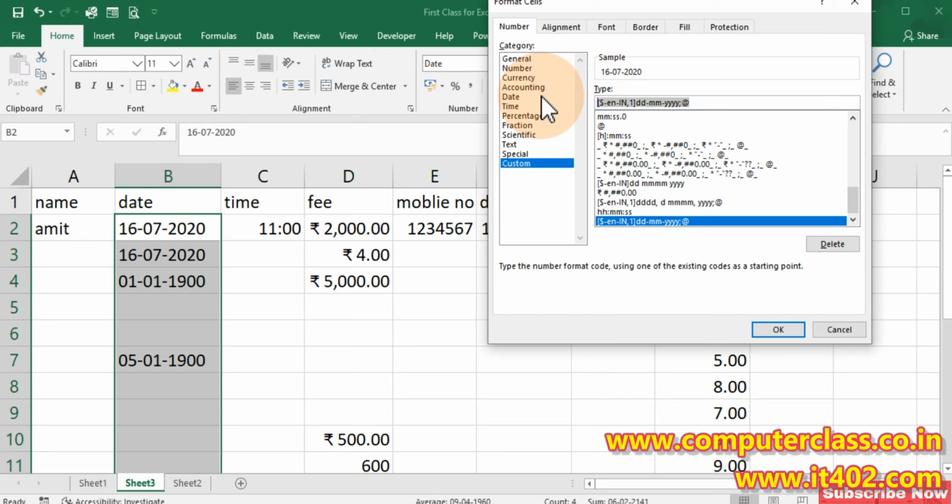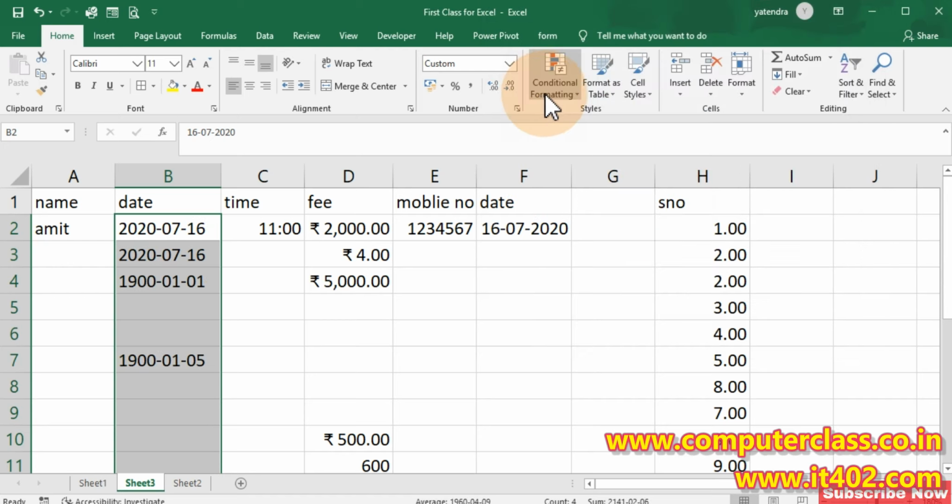Like if you want the year first, then yyyy for the 4-digit year, then month, then date. Most of the time we need to use this particular format: first year, then month, then date.